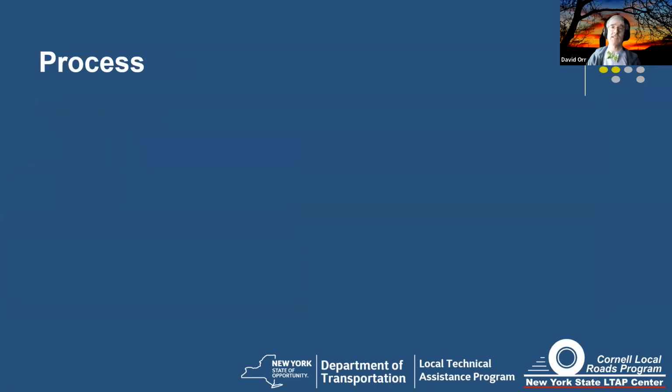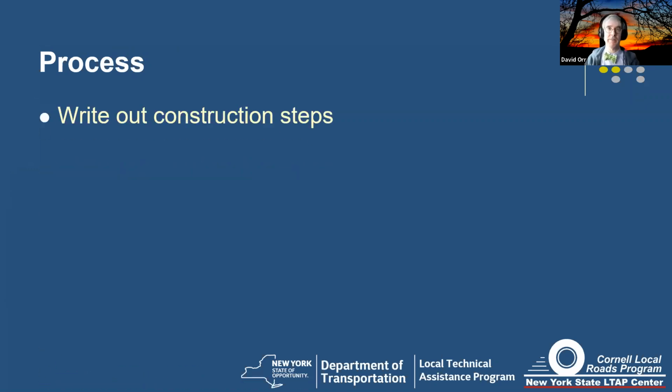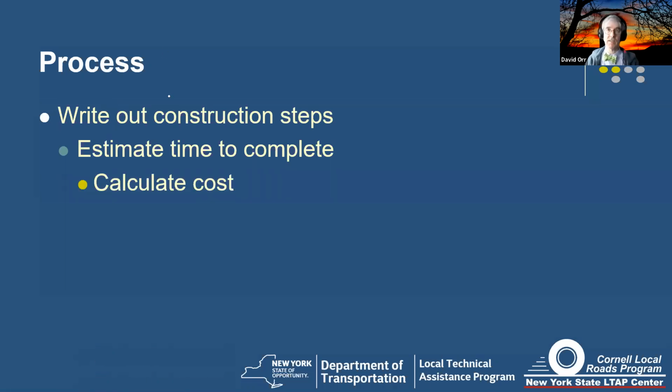Okay. So what's the process? Again, reminder, here's how it works. We're going to write out the construction steps. We're going to estimate the time to complete in day size units. We're going to calculate the cost for each step. And then we're going to add the steps together. And what's also neat is if you're doing a job that's fairly complicated, you could actually steal from another estimate and just add those together. Most of the time for budget level, that's fine. But again, make sure you've got the proper steps and you've thought the whole process through from beginning to end.